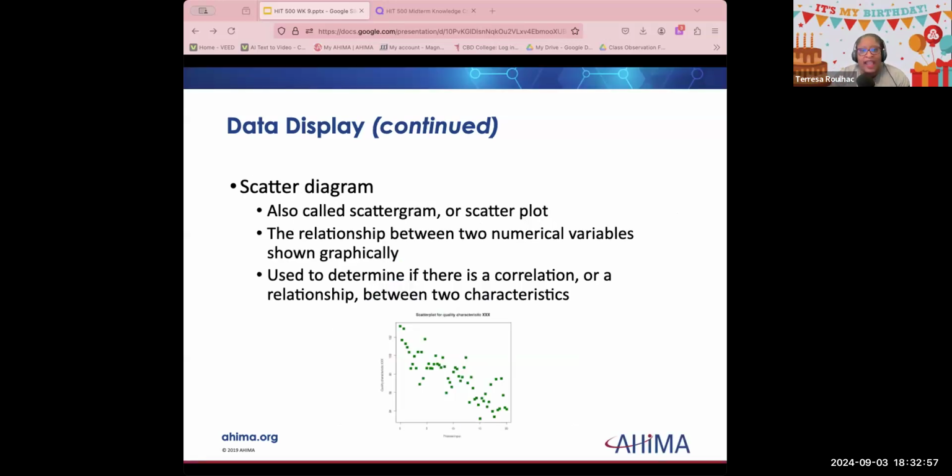We also have a scatter diagram, and this shows the relationship between two numerical variables. It helps determine if there is a correlation, but not necessarily a cause and effect relationship. Tight clustering in a certain direction indicates a relationship. The closer the points look like a line, the more likely the two characteristics are correlated. We look at a positive slope means a positive linear relationship, while a negative slope means a negative linear relationship. For example,